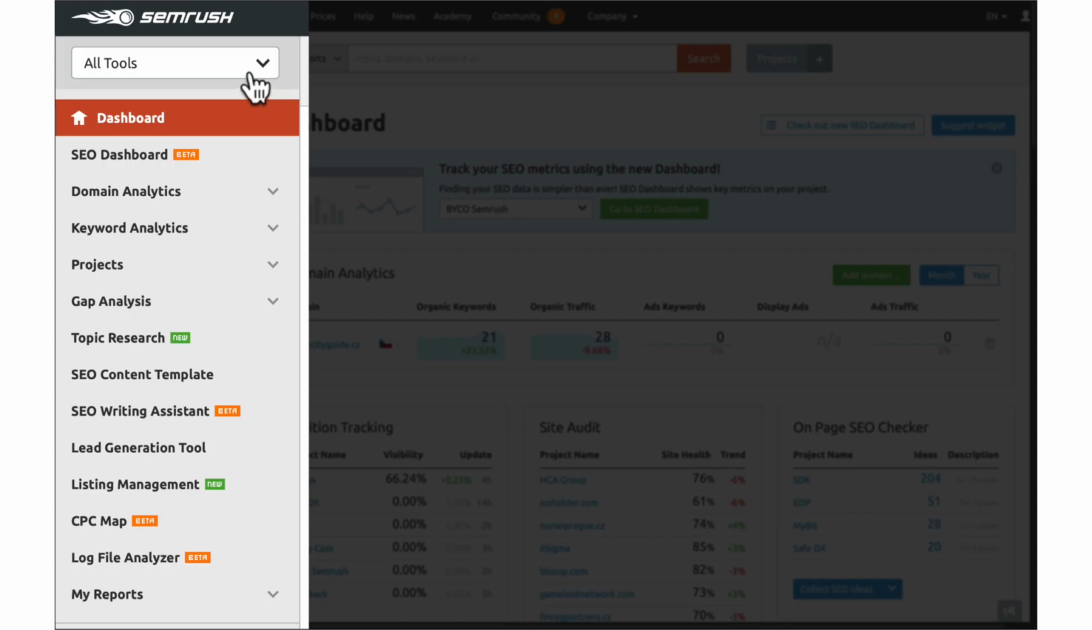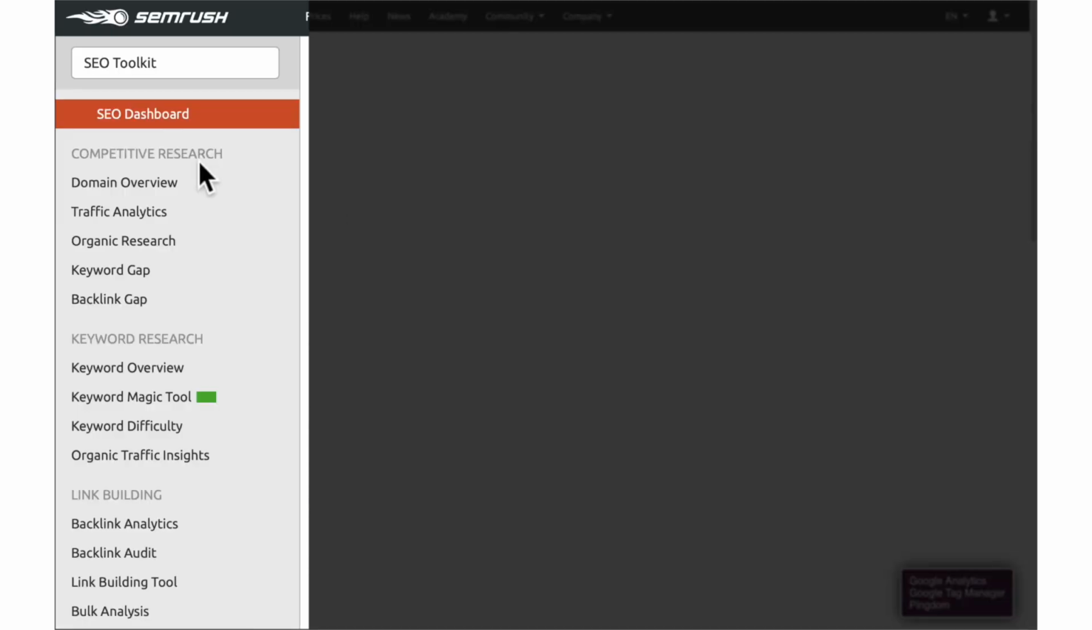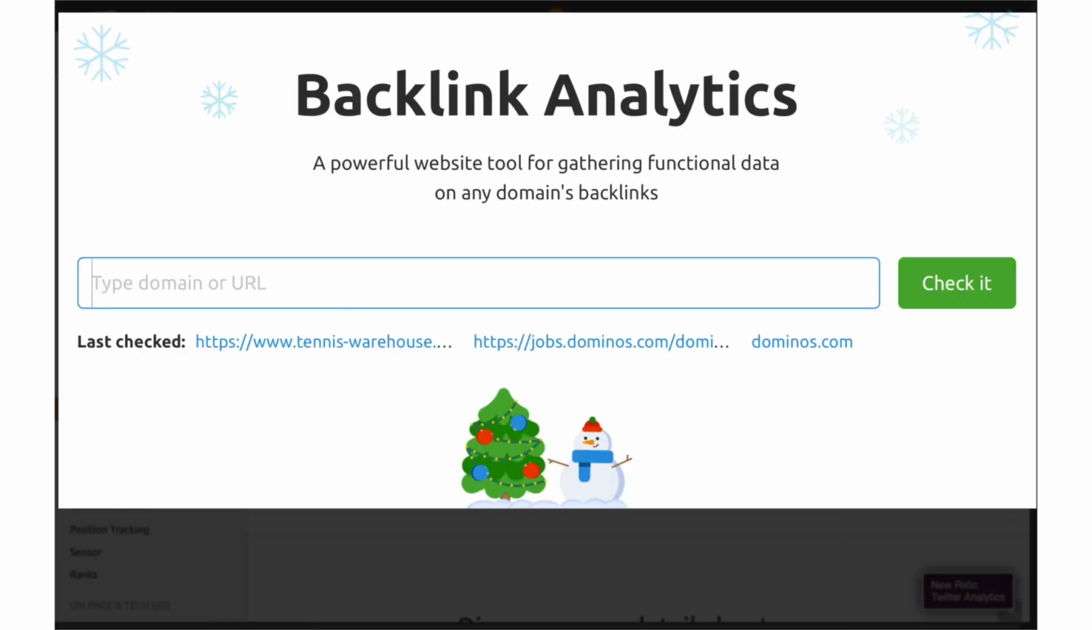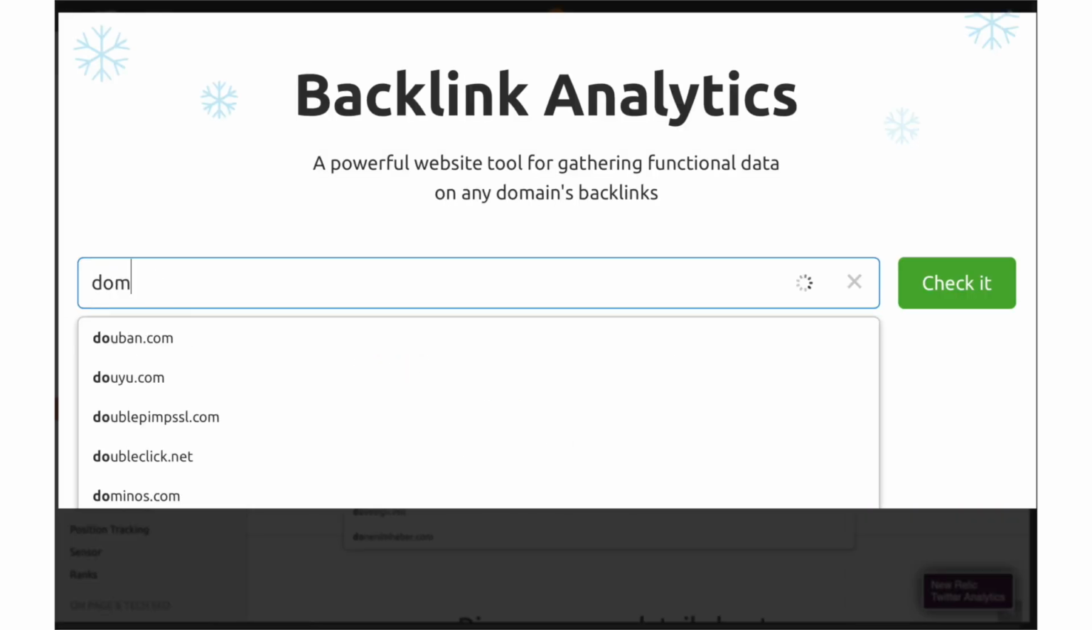Now let's see how it works. Once there, head to the link building section of the left sidebar, where you will find the Backlink Analytics link, which we will click. Let us go to the search bar in the central portion of the tool and enter Dominoes.com again and click